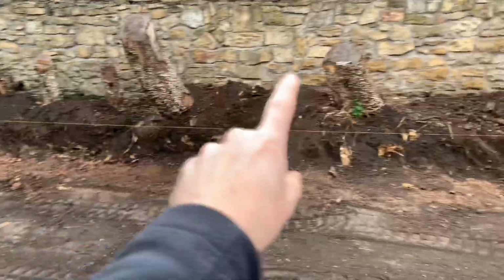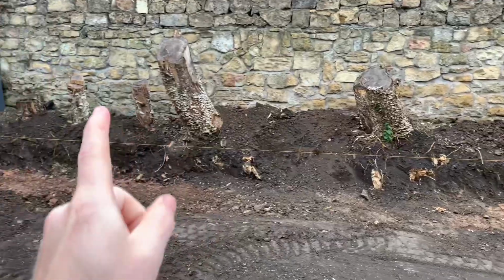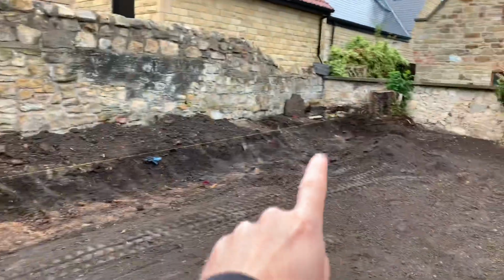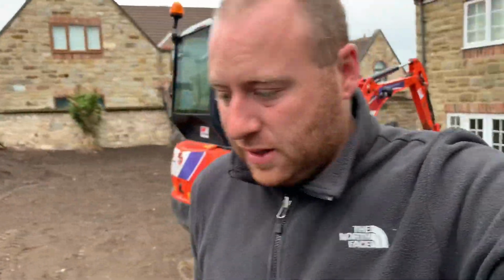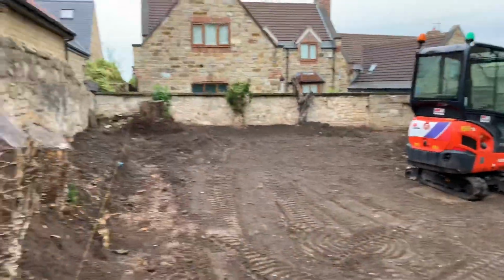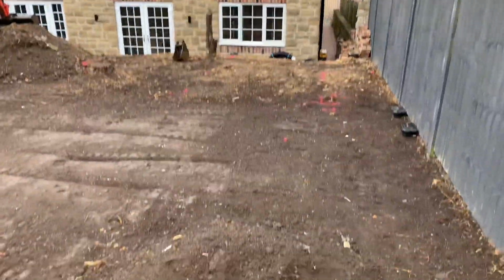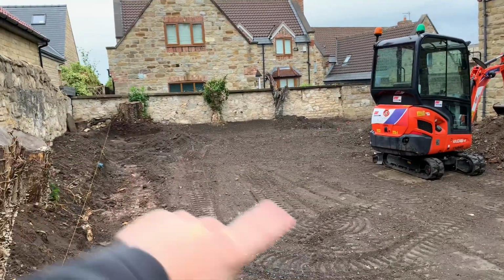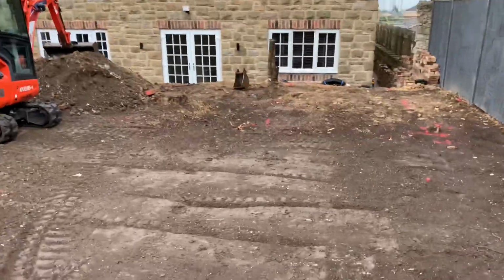We're going to have sleepers there just to support the higher rear bit because of these. We may have these engraved into something, a dog or something of the like, we'll see, just to keep them in feature. And then so yeah, we've cut all that away. The garden's looking massive. If I stand over here and show you, absolutely huge. So we'll have about a 6 metre wide garden by 15 metres,